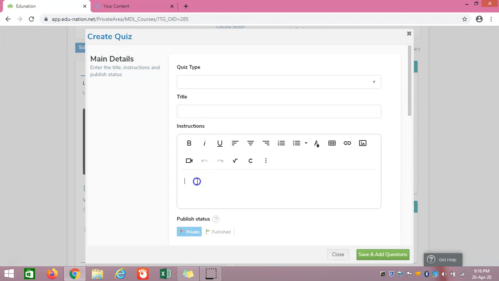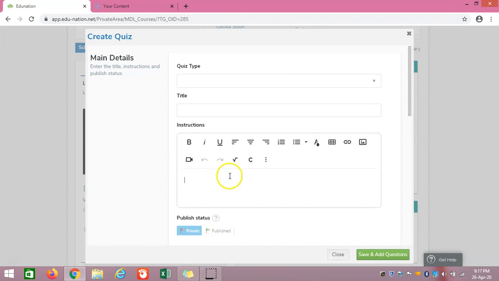Here you can give the instructions. These instructions will be seen by the students before they start the exam. You can give any instructions, but make sure that you're giving the appropriate instructions. You can give the instructions like all questions will be objective type questions with multiple choices. You can add the instruction like select the correct answer. 1 mark will be given for one correct answer. There will be no negative marks. You can add instructions as you wish.